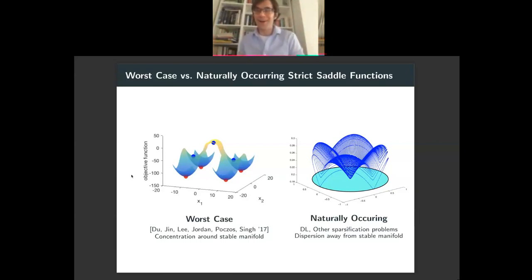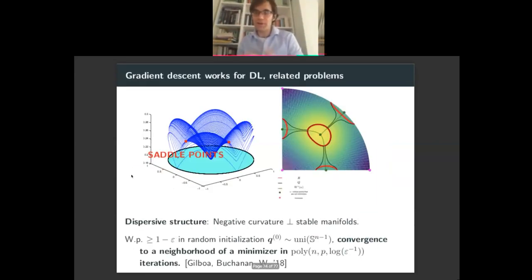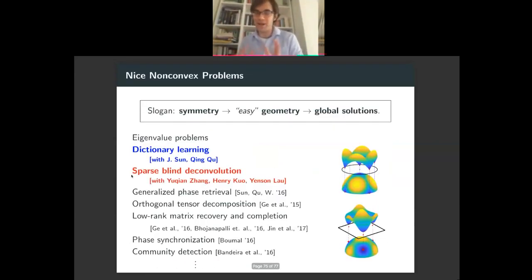And so, why is that? What additional geometric structure causes that to be the case? Again, there's a lot of reason to believe that the reason for that, at least in these simple problems, is the symmetries and the negative curvature structure. In the worst case, saddle points feed into saddle points, feed into saddle points in an adversarial fashion. In the natural case, or in this highly symmetric case, there's a global negative curvature structure where escaping up here helps you to escape down here. Okay, and so there's a little bit of theory around this, but there's a lot more that needs to be understood.